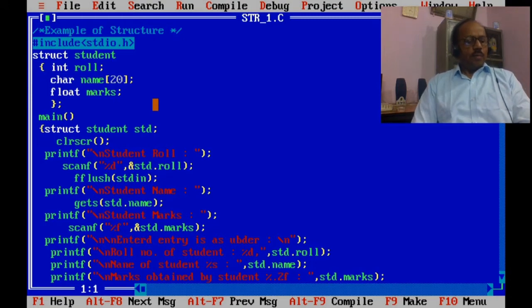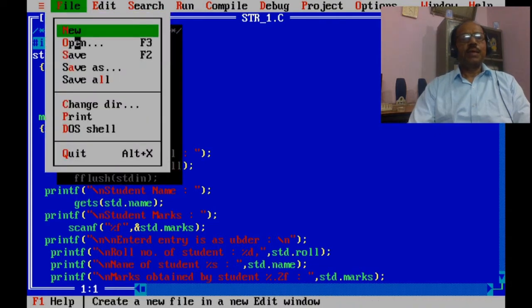The real power of using a structure comes when we use an array. So in the next example I am going to show that more than one record can be entered and saved in a structure.